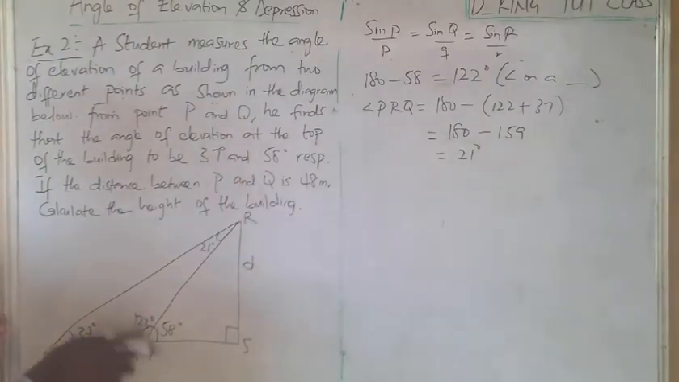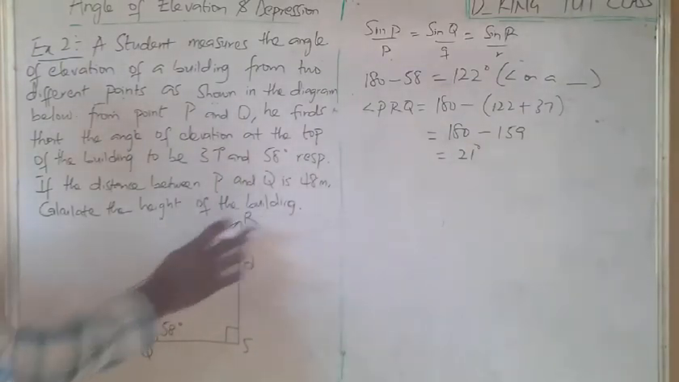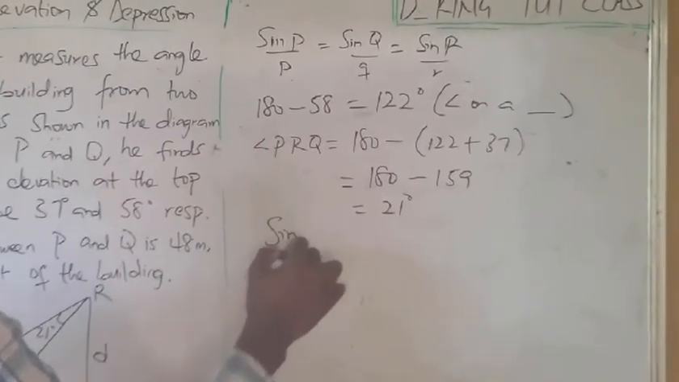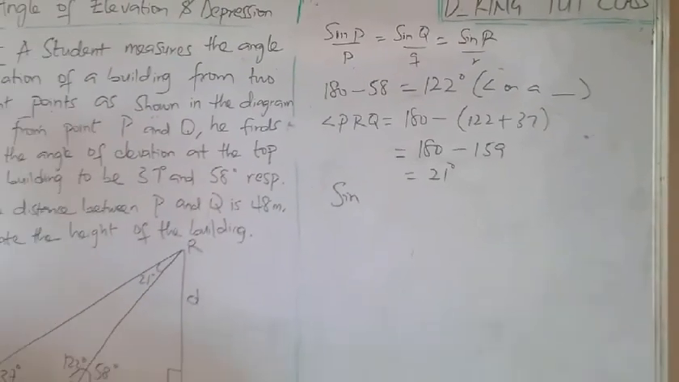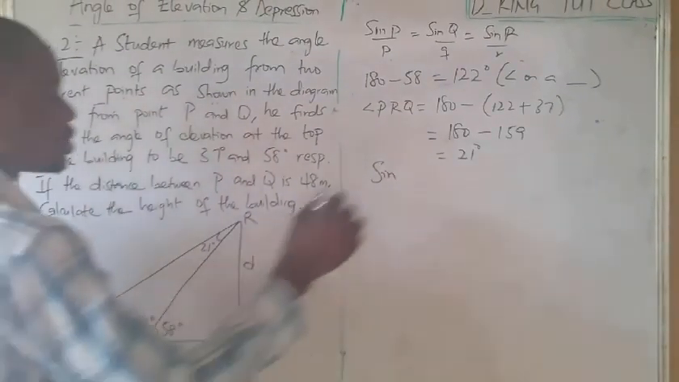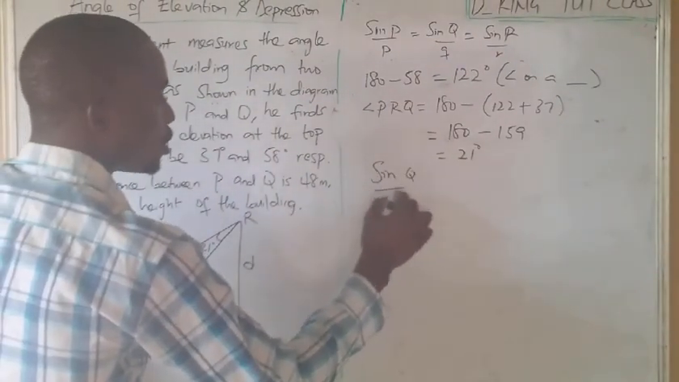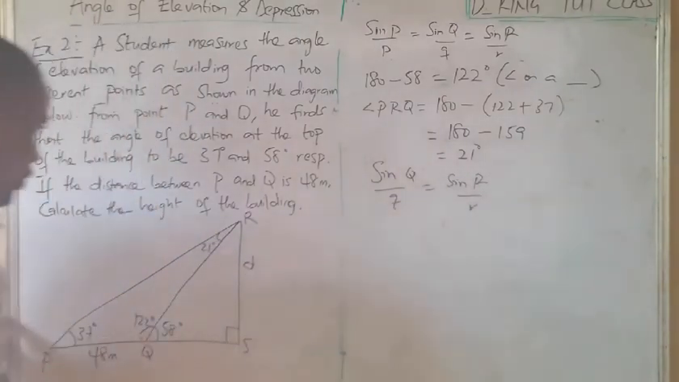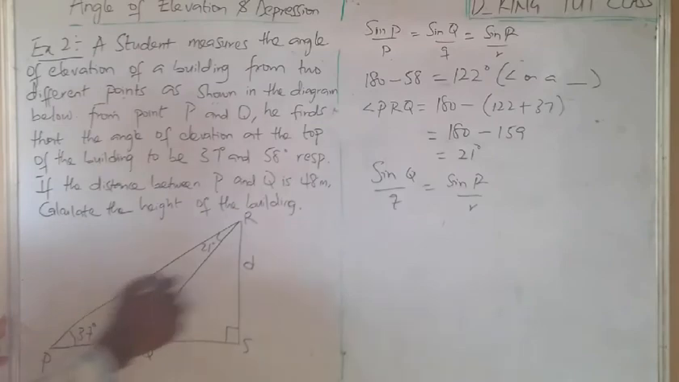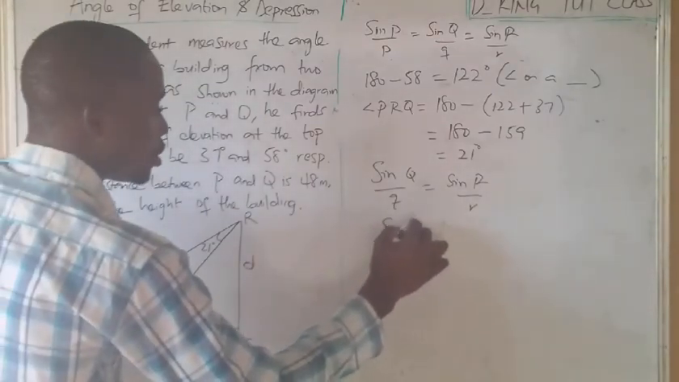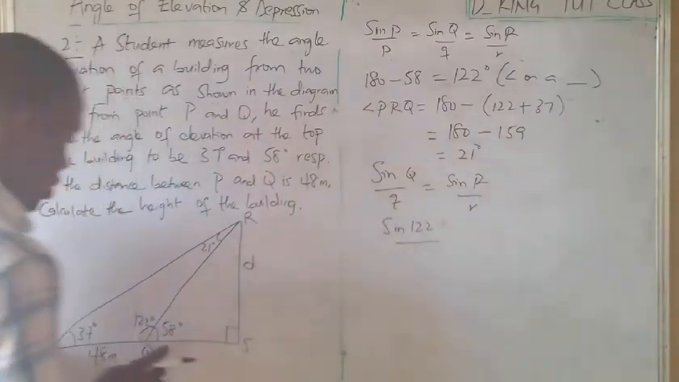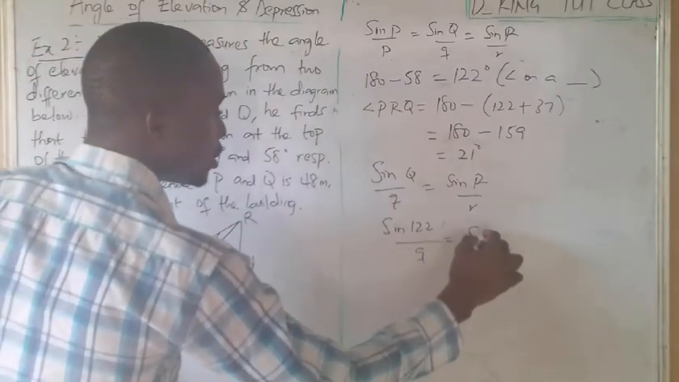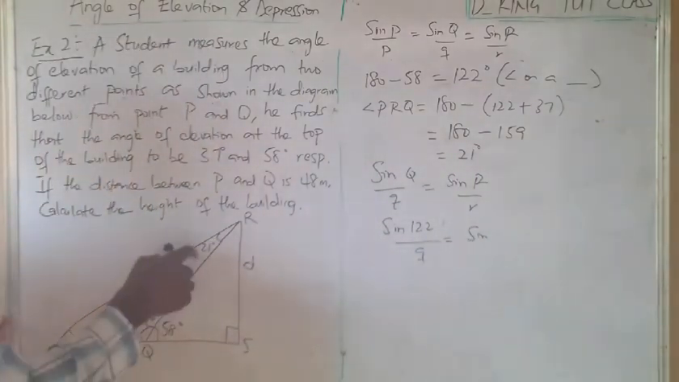Now, to get this side, I will be using the sine rule. So I'm using that of Q and R respectively. That becomes sine Q over small q equals sine R over small r, where Q is 122 degrees. That becomes sine 122 over q. Q is not known. Equals sine R, which is 21 degrees, over